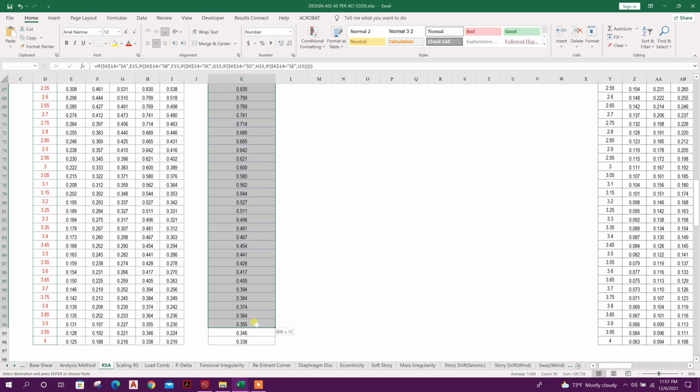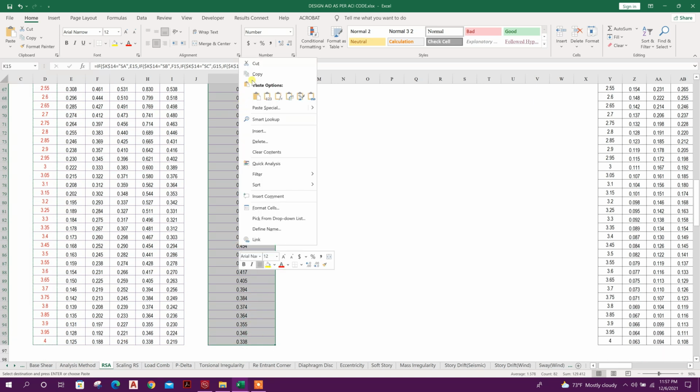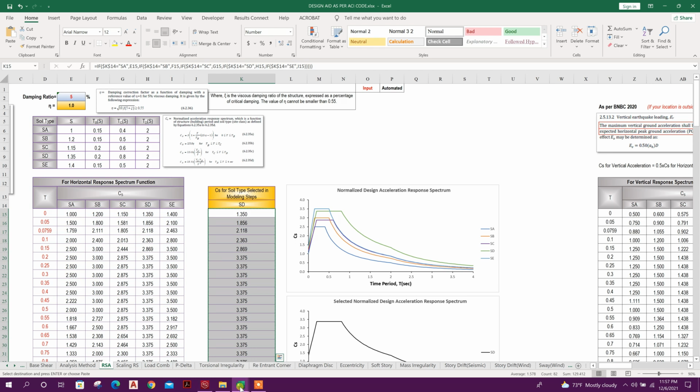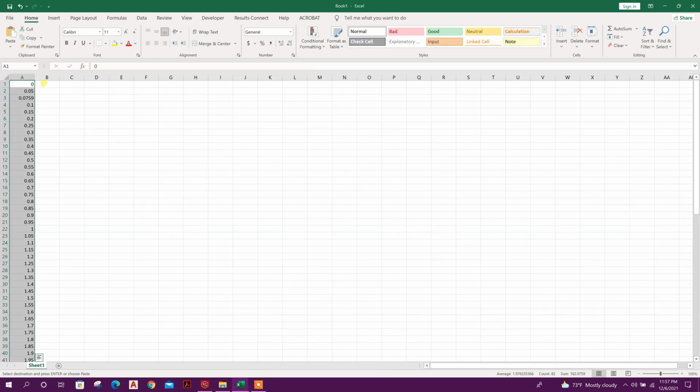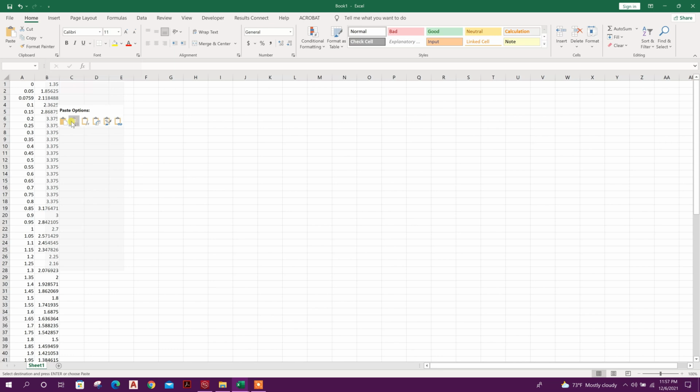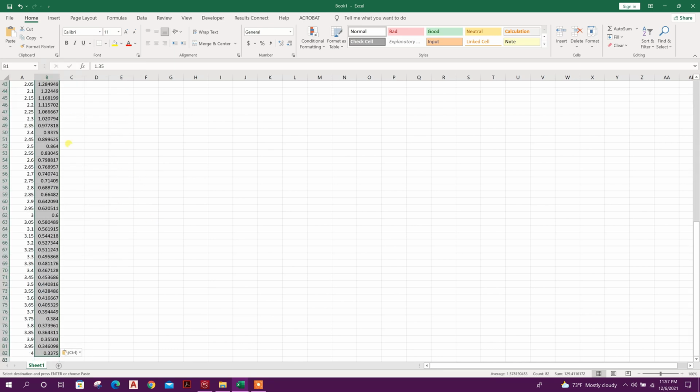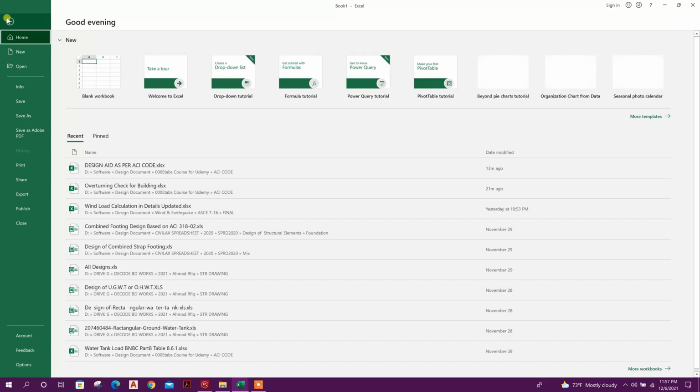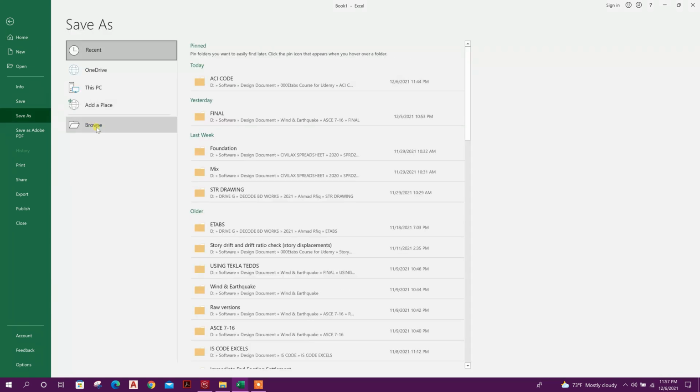Copy this one, then go to the new Excel book, paste here. Okay, now this file we will save as